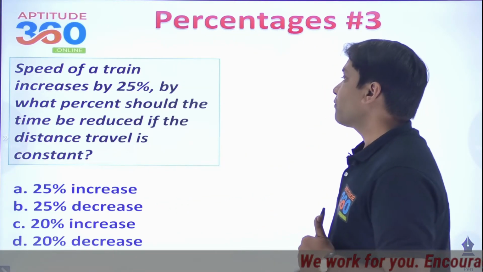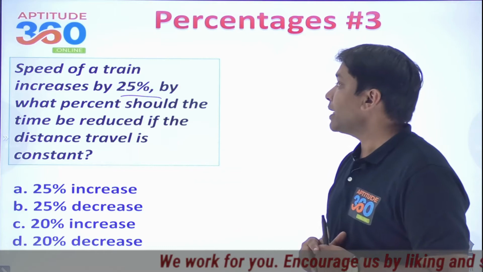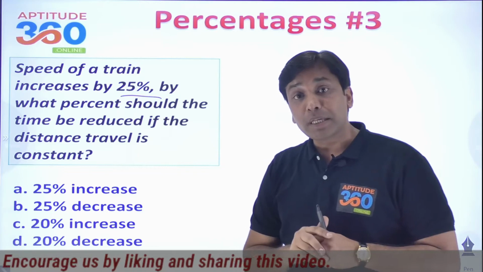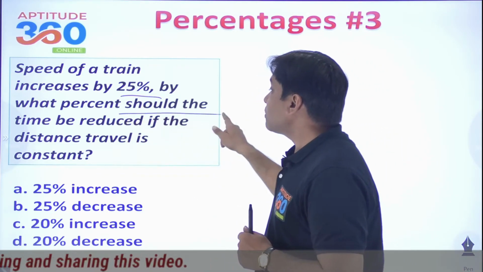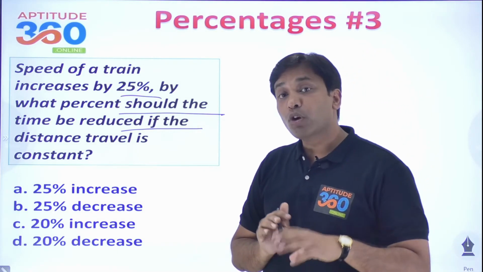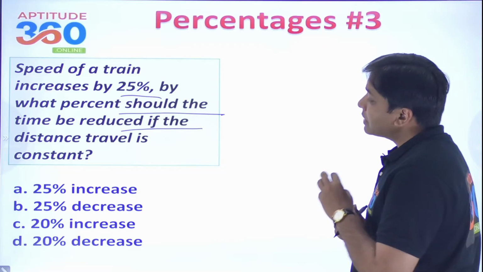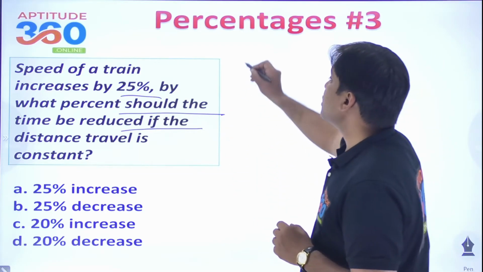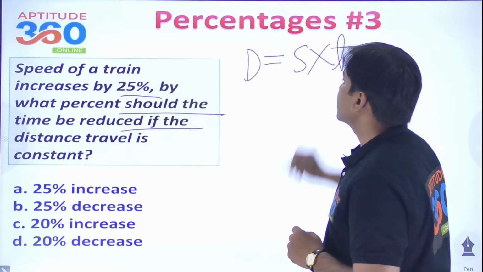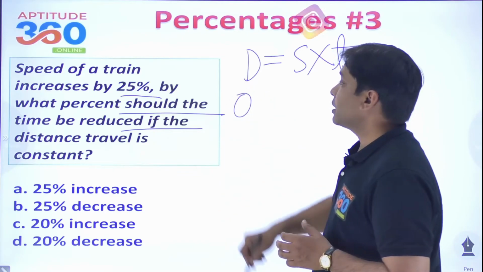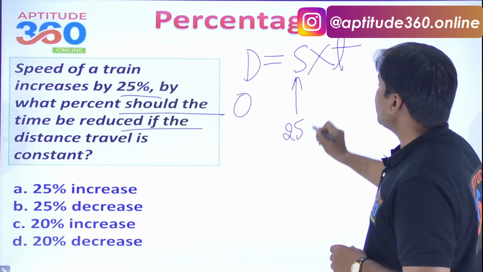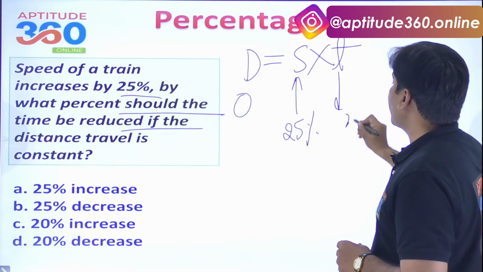So if you understand this thing and how and where are we going to apply AB formula, I have got this problem for you. Speed of a train is increasing by 25%. ठीक है जी. और अगर स्पीड 25% से बढ़ रहा है तो by what percent the time should be reduced if the travel distance is going to be constant? अच्छा, if the distance is going to be constant, what is that we should be doing? So distance is equal to speed into time. ठीक है. This distance is constant here. It is not changing. If it is not changing and if this variable is increasing by 25%, by what percent this variable should be decreasing?